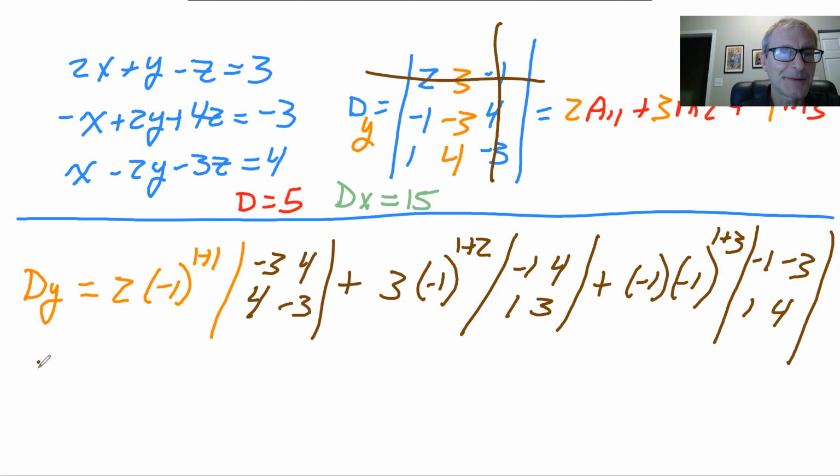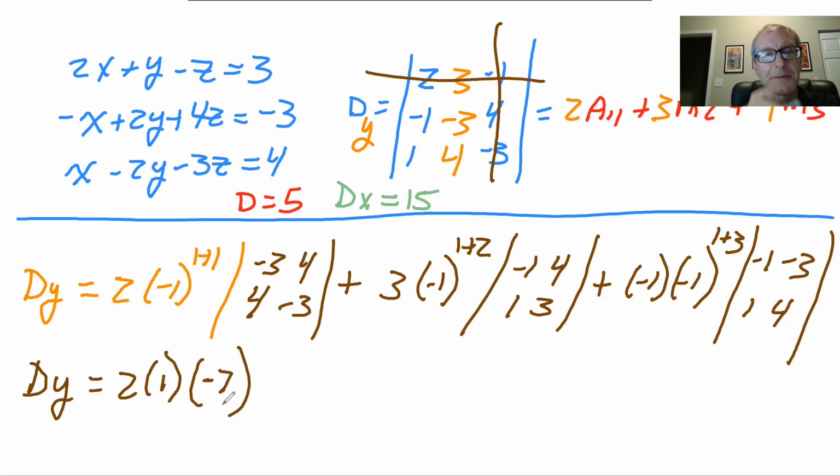So again, it's tedious, right? So here we have 2, and then that would be a plus 1. And then if you do that determinant, which we've done before, that was minus 7, 9 minus 16, right? And this would be plus 3, and then this is minus 1. And if you do this determinant here, you would get minus 3 and